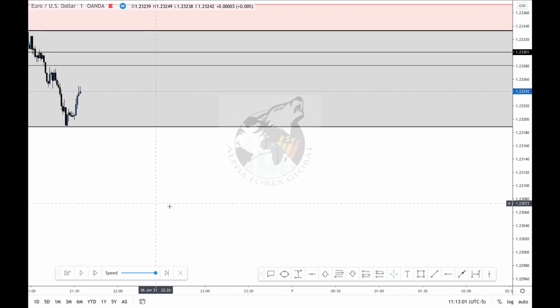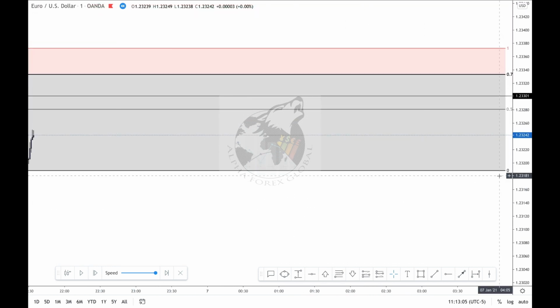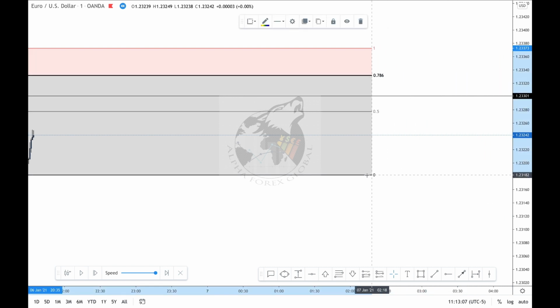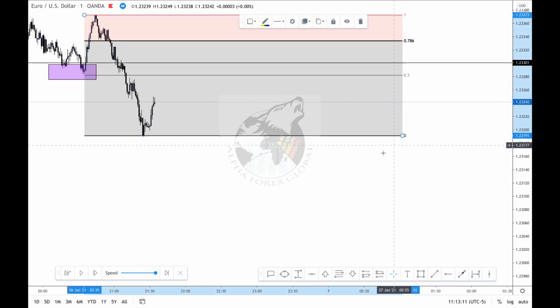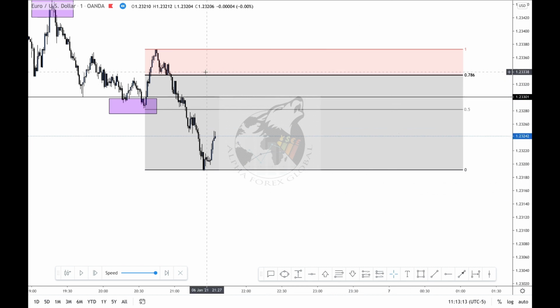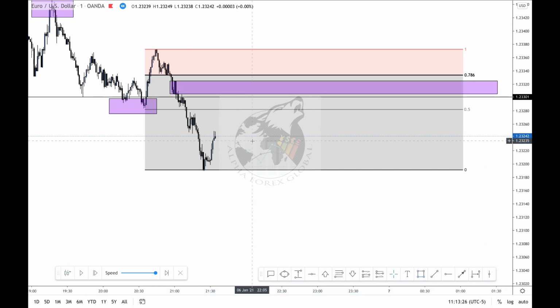So in the premium price, let's pull this back a bit. In the premium price region, I am seeing this order block right here, right? I'm seeing this order block right here in premium price, right? So remember I said, guys, once you're looking for a sell, right, in the premium price,